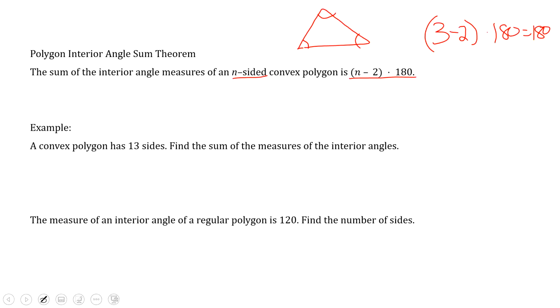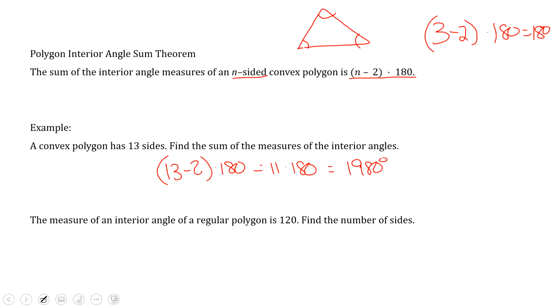Here in an example, we have a 13-sided figure. We want to know what the sum of the measures of the interior angles is. So we plug 13 into our equation: 13 minus 2 times 180 equals 11 times 180, which equals 1980 degrees. So for a 13-sided polygon, all the interior angles are going to sum up to